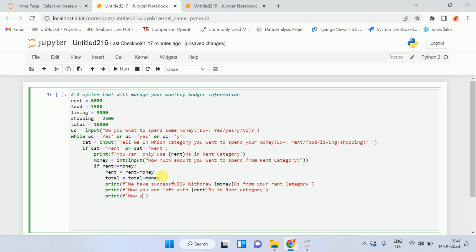Now your total amount, now you are left with the total amount of whatever the total is there. Okay,